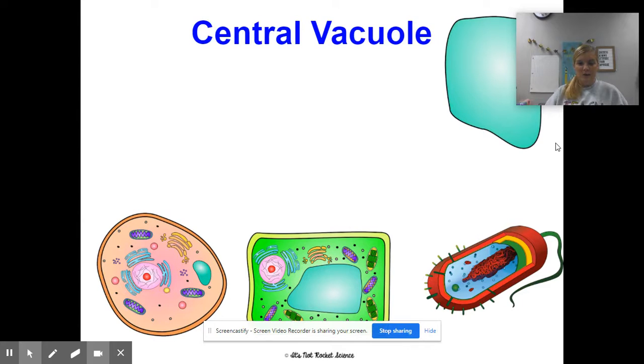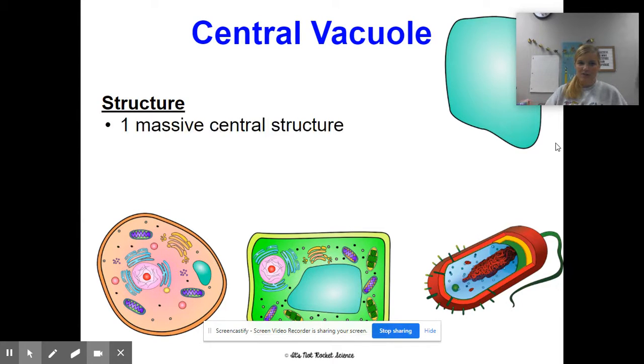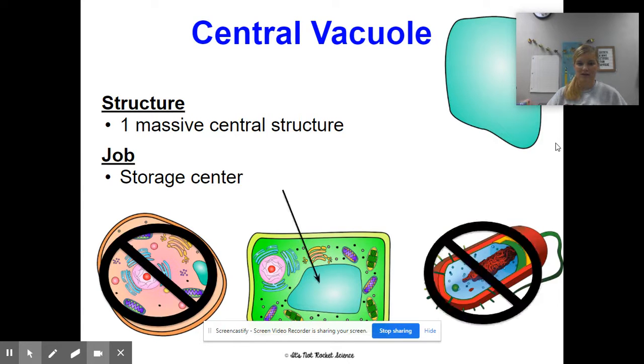Then our central vacuole, we already talked about vacuoles, but this is just one giant one right in the middle, and it's just a big storage center. So this is like a giant warehouse where everything is for the cell, and it is that big thing in the middle of our plant cell. So we did already talk about that when we talked about vacuoles, but here it is again,